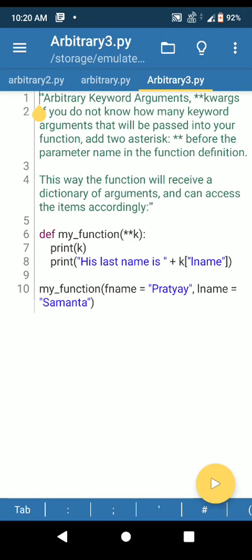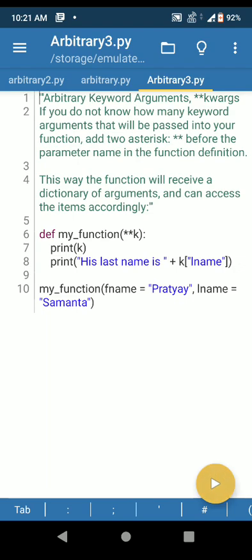Now in the main block I have called the function my_function with f_name equals Pratyay, L_name equals Samantha. So you can see I am passing keyword arguments, but in the formal parameters I have used star k, or asterisk k, to collect any number of keyword arguments.